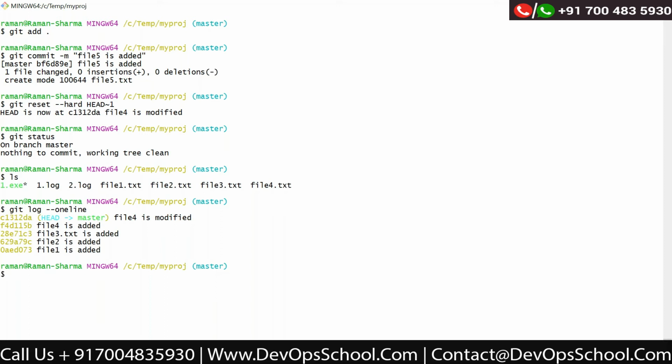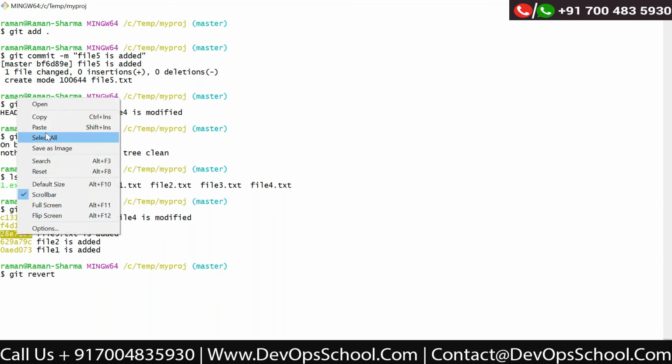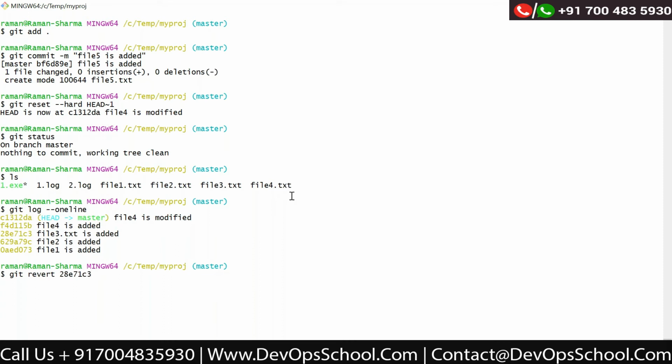Okay, so now here you can see that I have file 3.txt is added. If I want to revert back this commit, what you can do, you can run the command git revert and your commit ID. One more thing, in git reset, when you delete the commit, it is not recorded that you have done this activity.